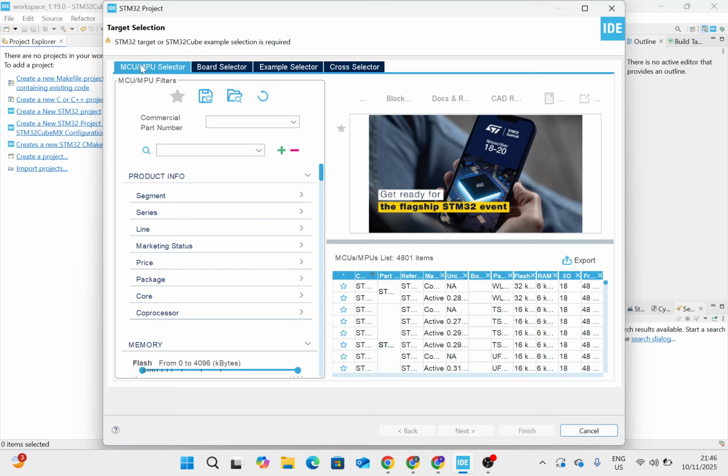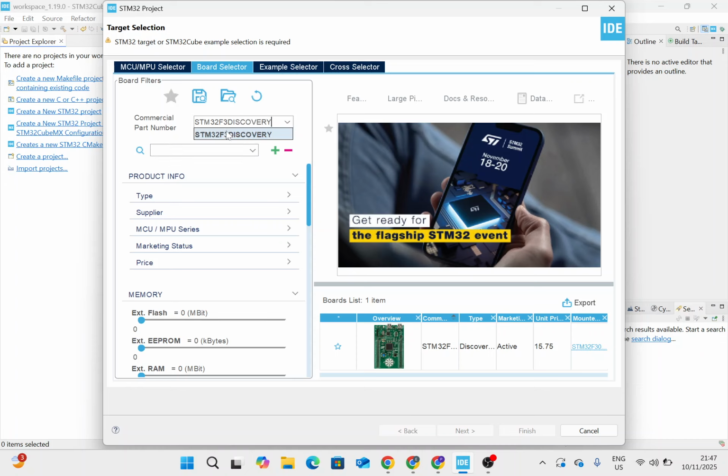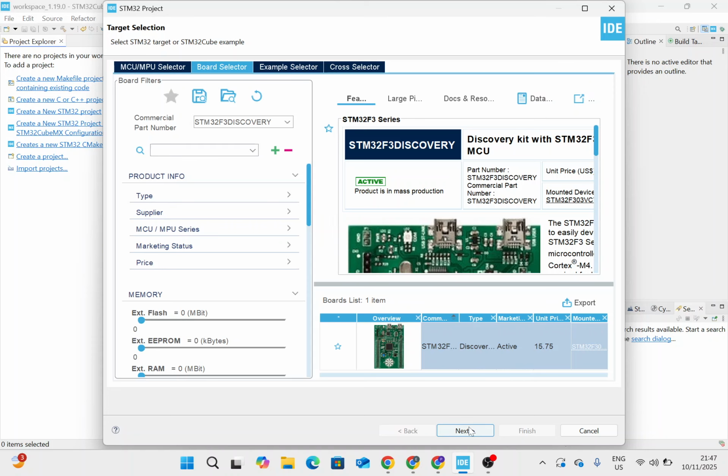So you type in the part number here and then you select, but we are using a board, so you click on the board selector, and again I have to wait for 1,000 years for it to load. All right, so then you begin to type STM32F3 discovery. So this is the board that I have. You click on it, and a picture of the board is going to appear down here,